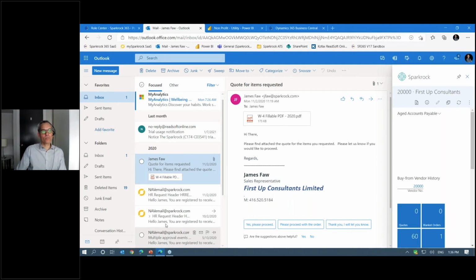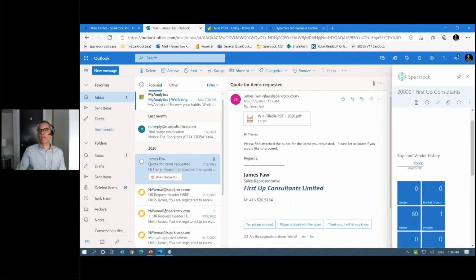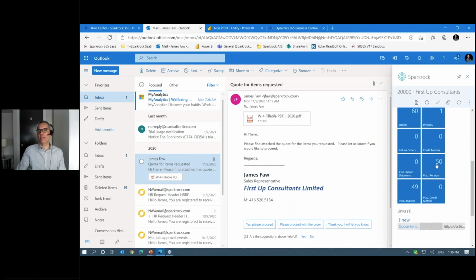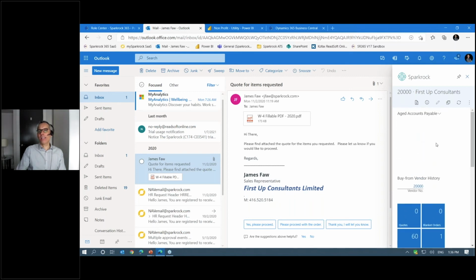Now, this particular email here, this is my demo email account, and I've associated my work email account with a particular vendor called First Up Consultants. So when I click on that particular vendor on this email here, you can see you can open a new add-in that shows me information right from here. And this is showing me how I can have information that's presented inside my email that is live data from my ERP system.